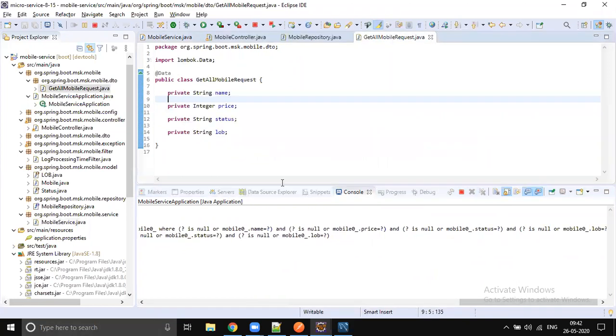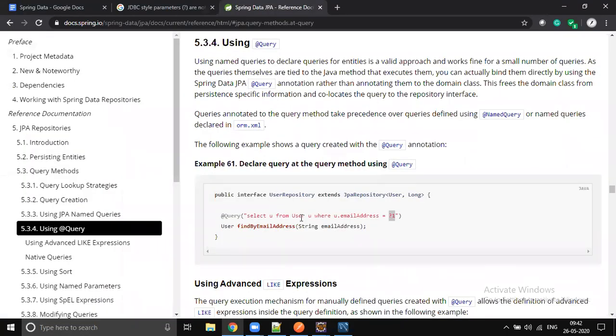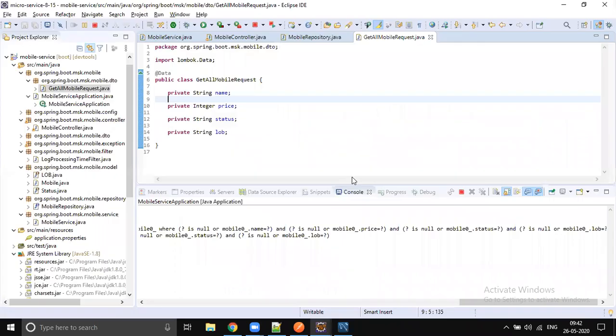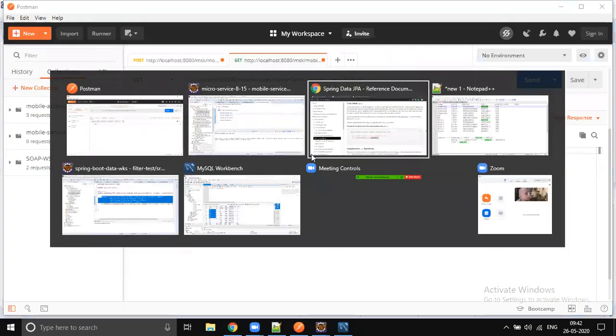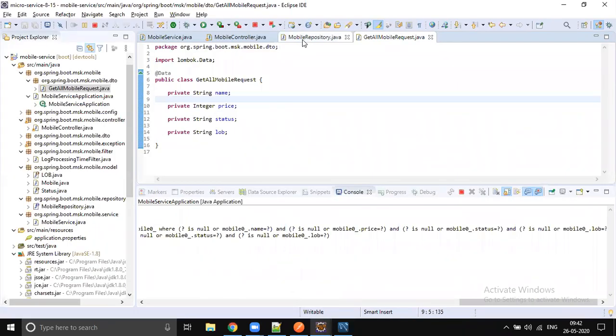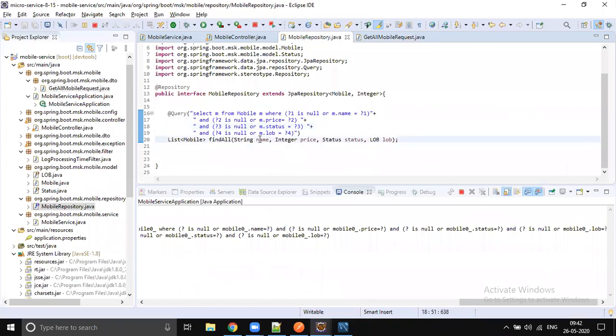Where is the repository? Name, price, status, LOB. It's going to be LOB matching, price matching, name matching.